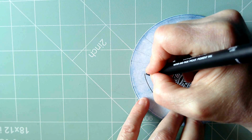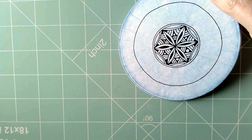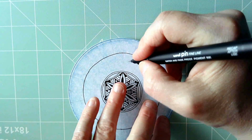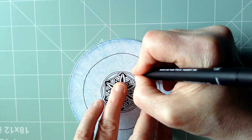Okay, so because these are much smaller than I would do digitally, there's not going to be as many layers to them as there could be, as there would be if I was working digitally. So what I'm going to do here, though,